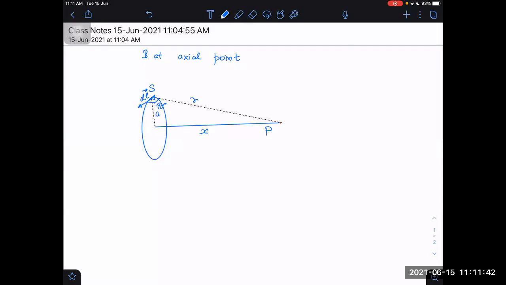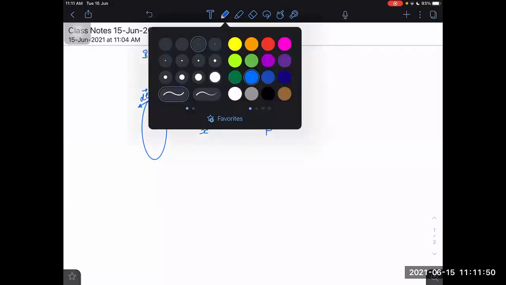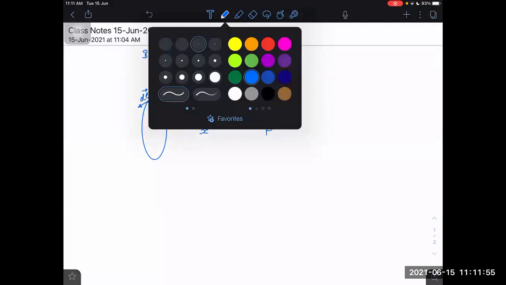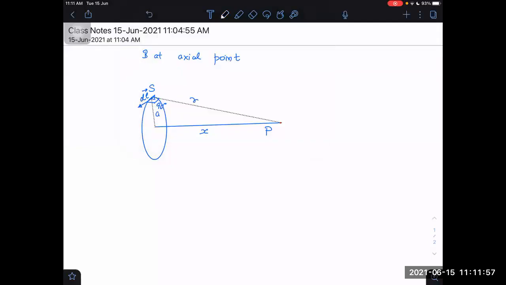Now here I have to take something. One vector is which one? R vector. One vector is R vector, right? Yes, sir. The angle between dl bar and r is 90. This direction is R vector. Then the arrow should be put at P, no, sir. This total is R vector. That R vector will be from S to P, no, sir. Yes, sir. That only I have taken.